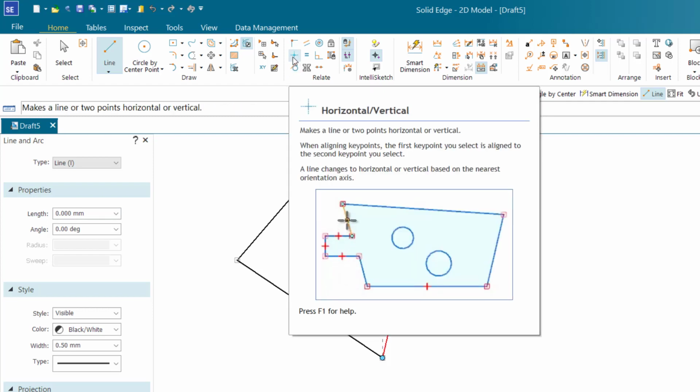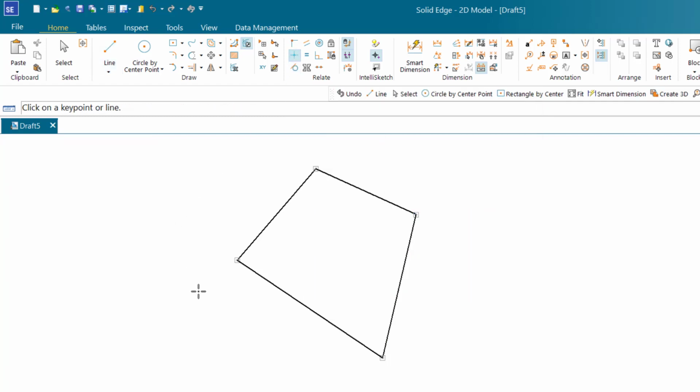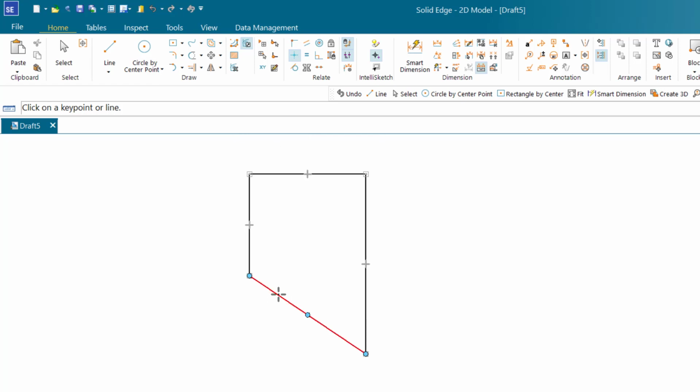If I come up here to horizontal vertical, I can say I'd like this to be vertical, this to be vertical, this to be horizontal, and this to be horizontal. Or I could undo,